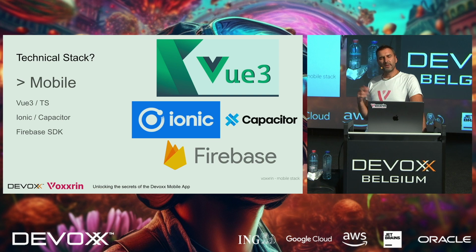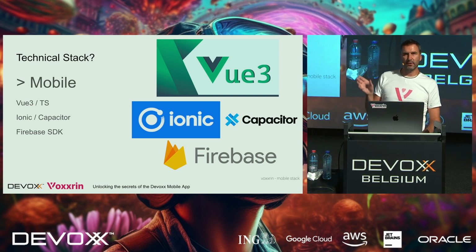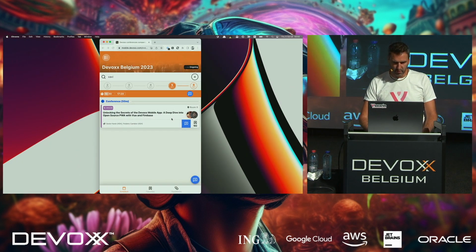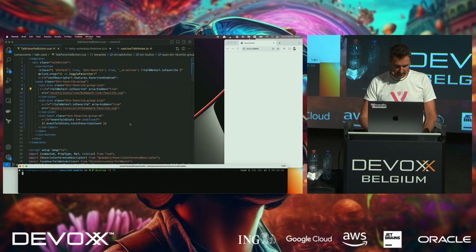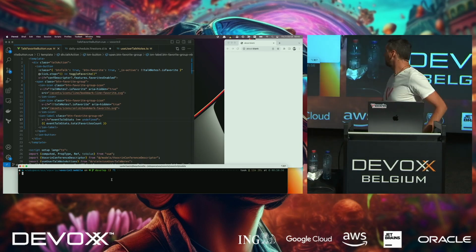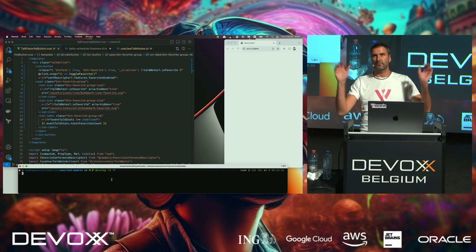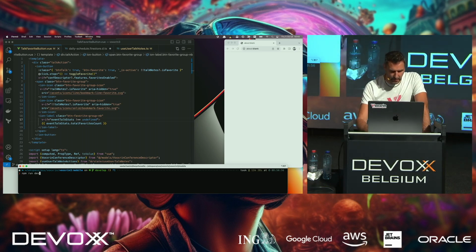So on the mobile, we use Vue 3 with TypeScript. For the framework, we use Ionic and Capacitor and Firebase SDK. I will show you some code about that. Just here, okay. Is it big enough? Yeah, big screens should be big enough. So I just launch